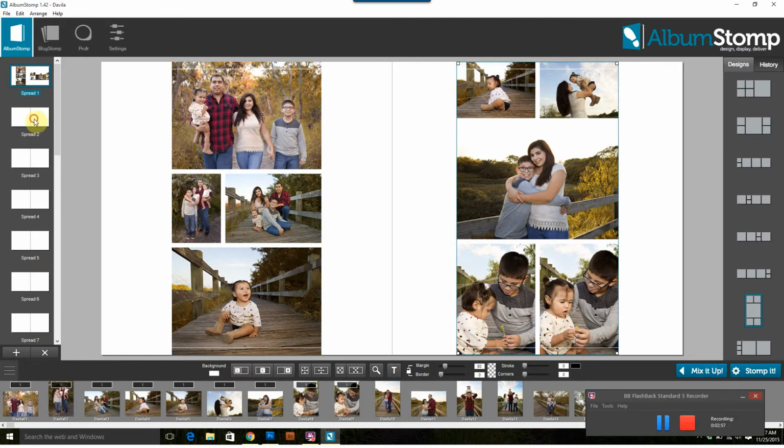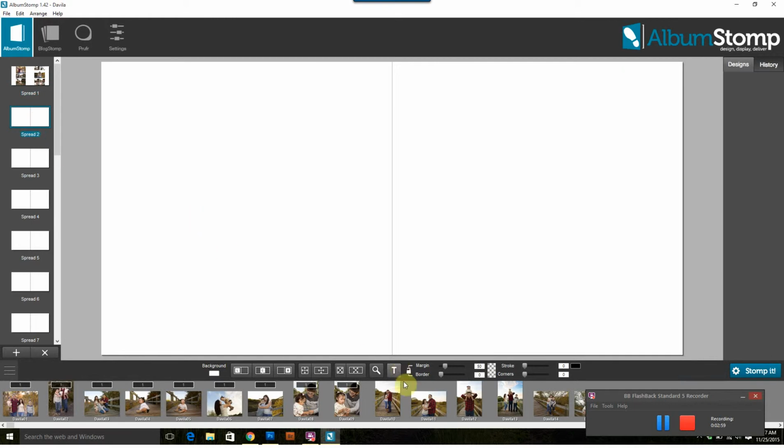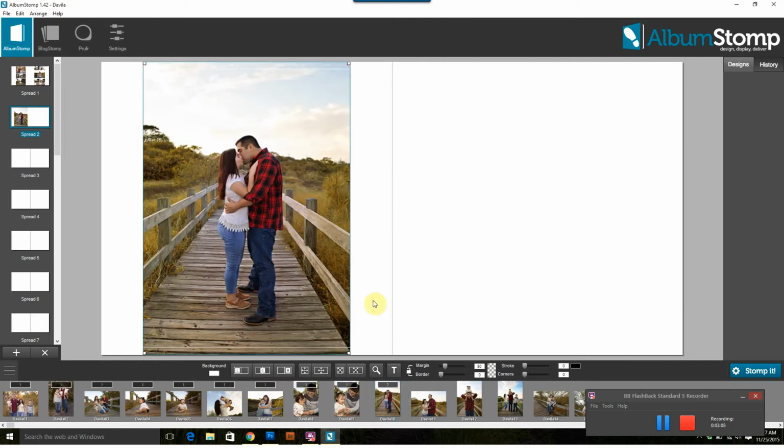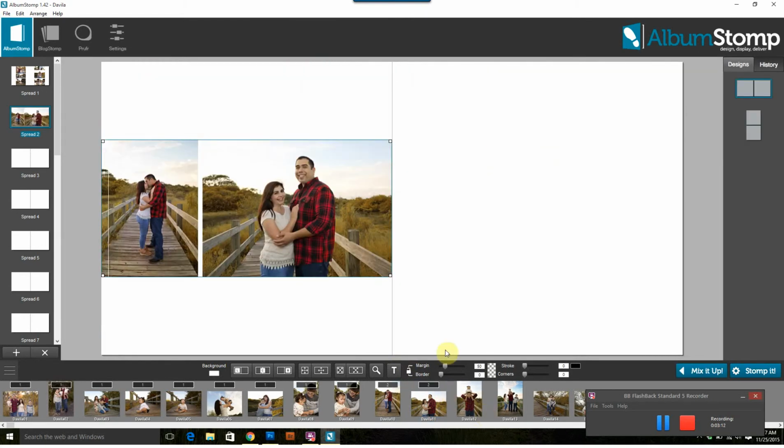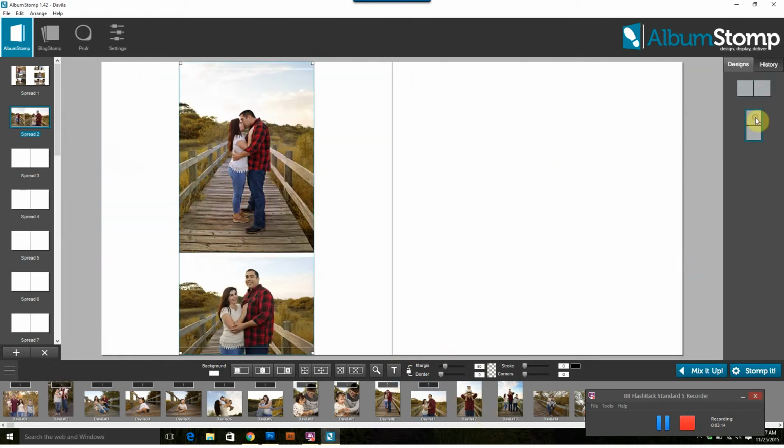So then you go to the next spread, spread 2. And see, it shows you down here, these all have like 1, 1, 1. Those are all on layout 1. And so these, when I pull them up here, will be on layout 2. Right? And so maybe that's all I want on that one. And maybe I want it just like that. And so then the next page,